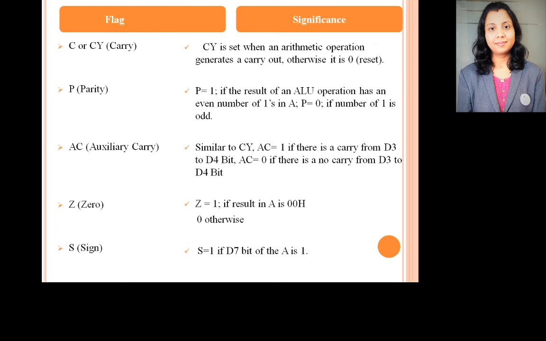AC is auxiliary carry. Similar to carry flag, AC is equal to 1 if there is a carry from D3 bit to D4 bit, and auxiliary carry is 0 if there is no carry from D3 bit to D4 bit. Zero means Z is equal to 1 if result in accumulator is 0 and 0 otherwise. Sign S is equal to 1 if D7 bit of the A is 1.